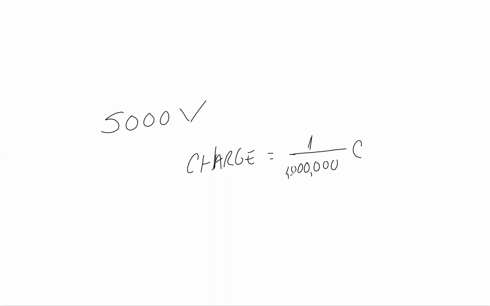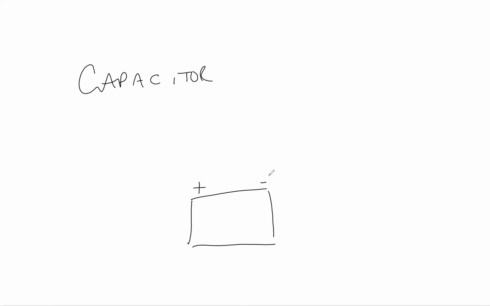Okay, now what's kind of cool about this is that you can actually create a battery based on electric potential. And what we're really going to call it is a capacitor. So a capacitor is something that can store energy, okay? And the way that we can make a capacitor, just a simple way, is let's say you have a battery, right? This is the positive end, this is the negative end, and this end is going to be tied to a plate, okay? And this side is going to be tied to another plate,